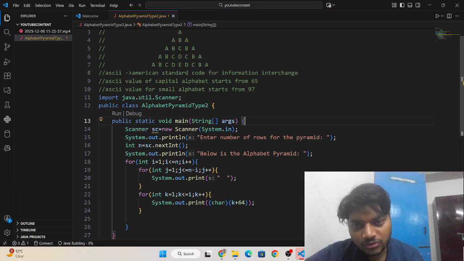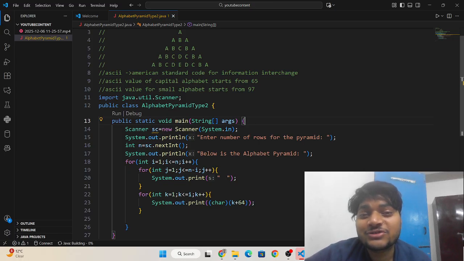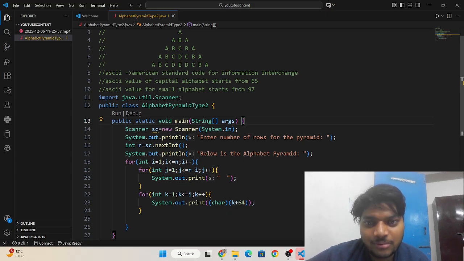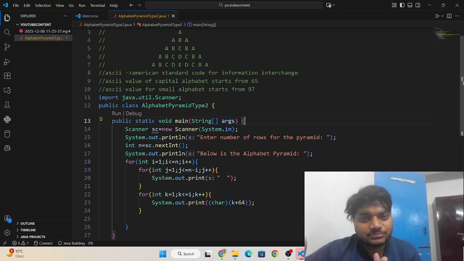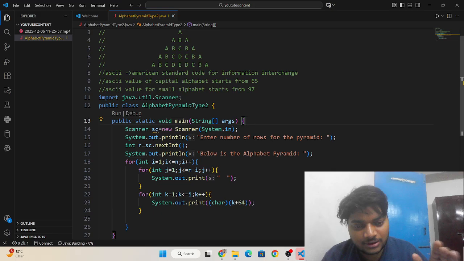Okay, so it is printing I minus 1. In the first row it is not printing anything, in the second row it is printing one element, meaning 2 minus 1 is 1, and it is converting 1 plus 64 into A. In the third row it will convert 3 minus 1, which is 2, then we have to print two elements in reverse order.